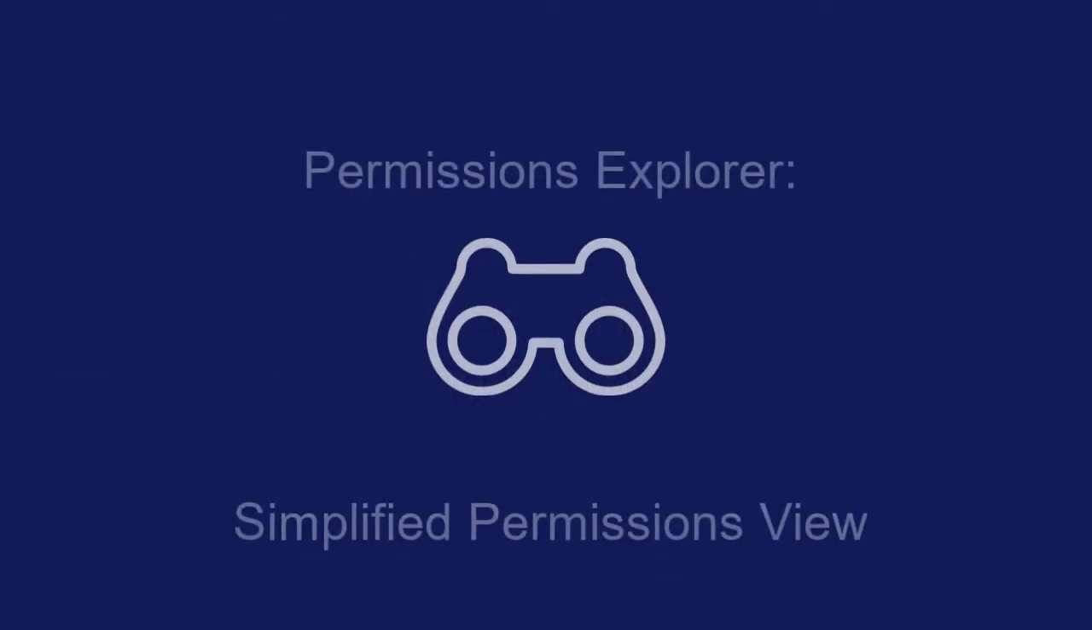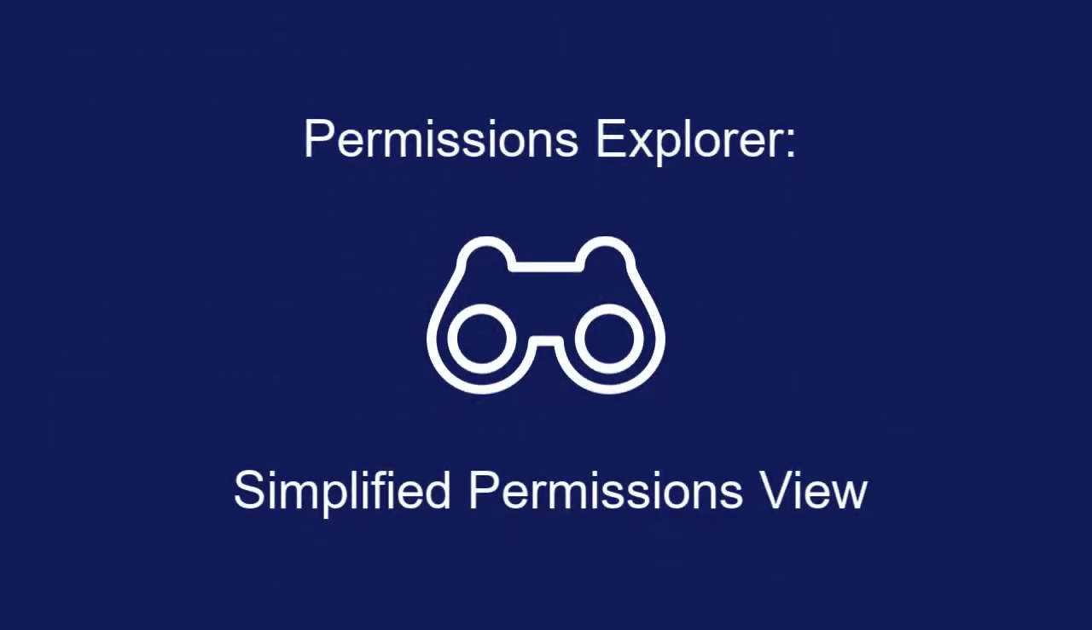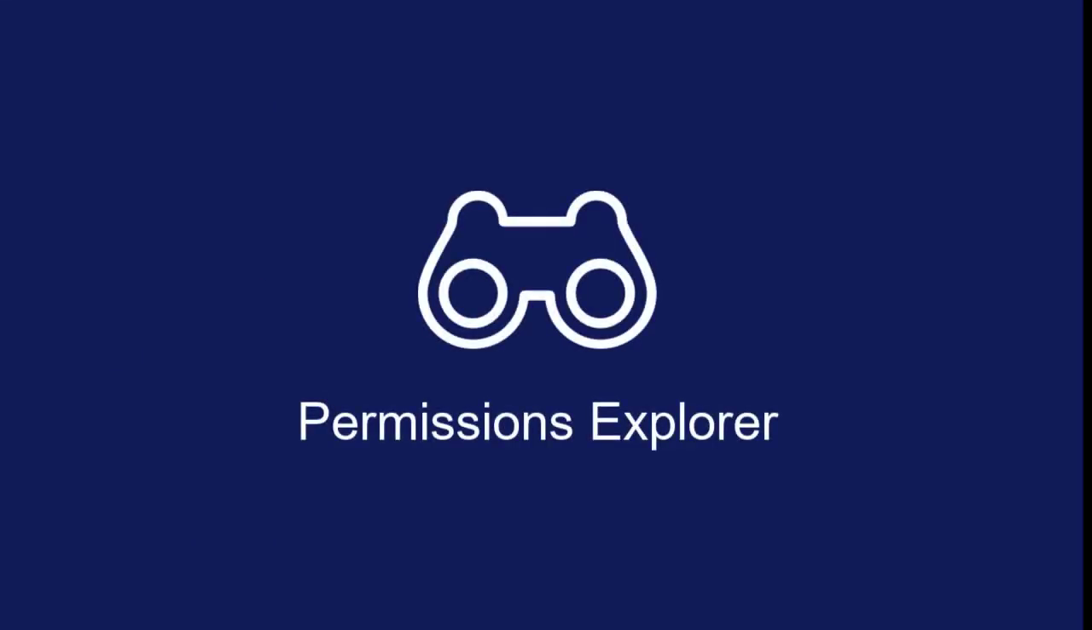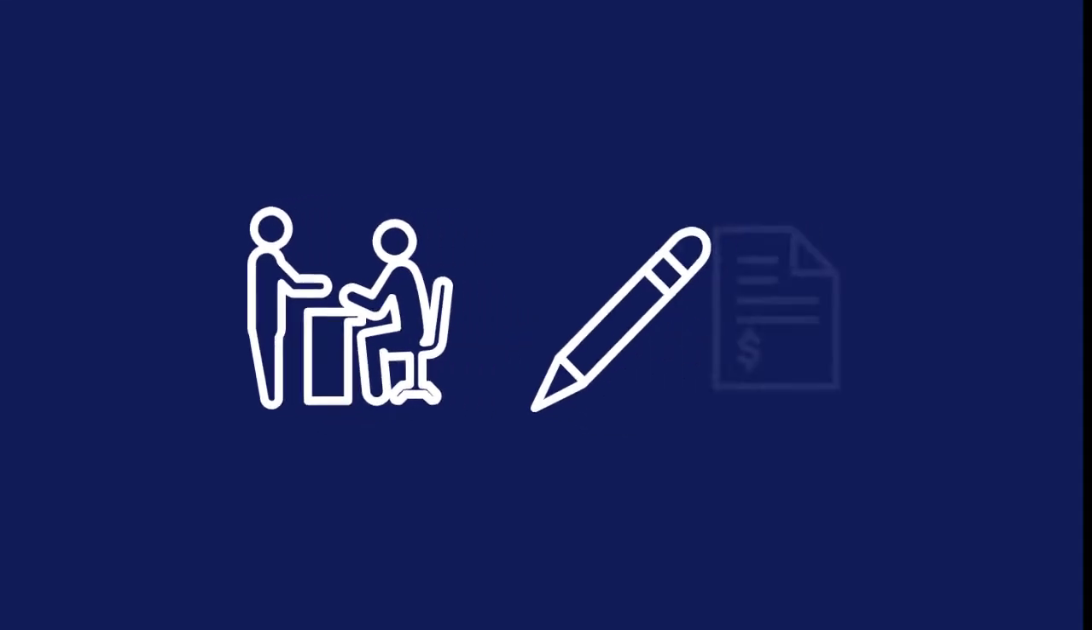This video will show you how to use the Simplified Permissions view of the Permissions Explorer tool in OpenText Content Server to quickly compare and change permissions for items within a container. For example, let's use the Permissions Explorer to make sure that only managers have write permission for the Q1 report